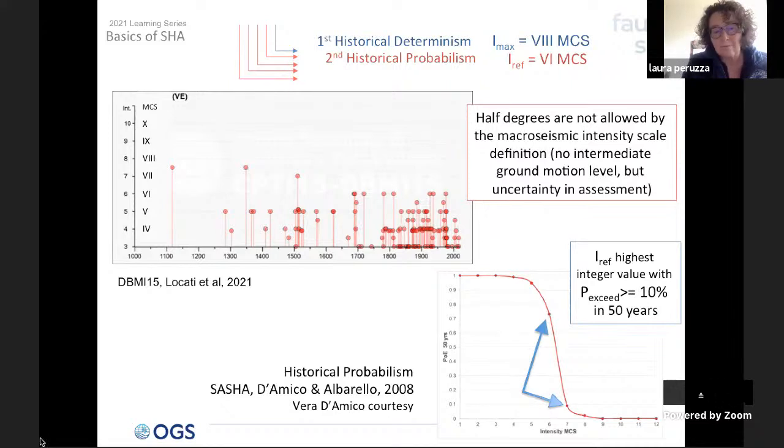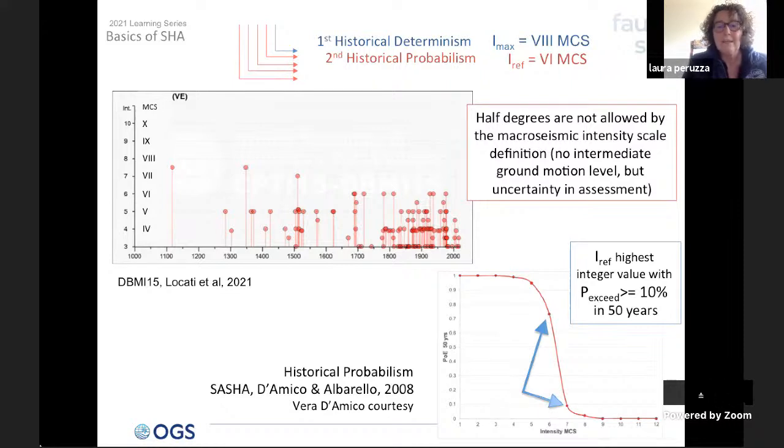And the 6 is more or less the first damage threshold. The intensity maximum observed is 8, because you know half degrees are not allowed in the definition of the macroseismic scale. There is no intermediate ground motion level at 7.5, but only the uncertainty in which level, which degree the